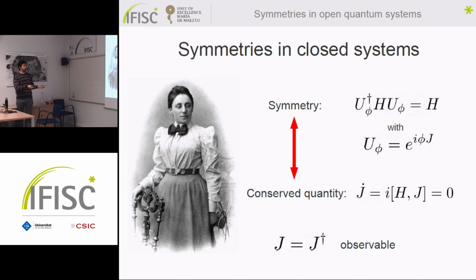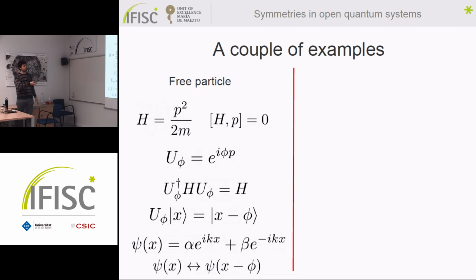So it's what we call a symmetry. What is a conserved quantity? It's an observable whose value does not change along time. Again, this is standard, something that is conserved. And we know that a symmetry is equivalent to a conserved quantity by Noether's theorem. Just a couple of examples. The standard one, the free particle. This is the Hamiltonian of the free particle. This could be classical mechanics. Again, it's very, very easy.